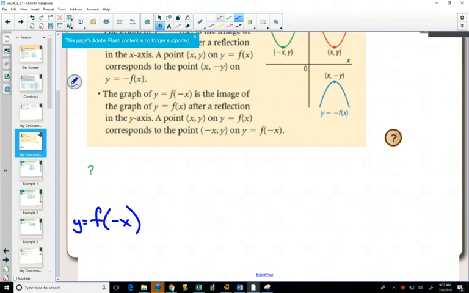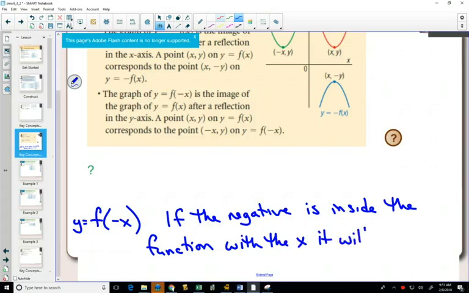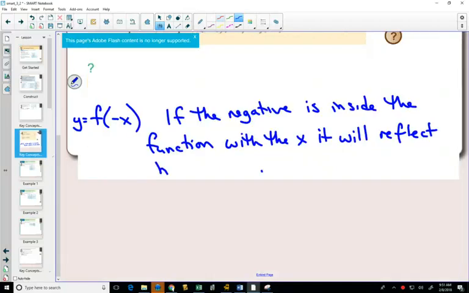So if the negative, and we're going to use the same language that we've been using all the way through, if the negative is inside the function, aka with the x, inside the function with the x, it will reflect horizontally